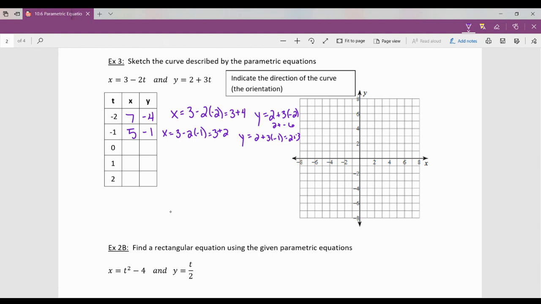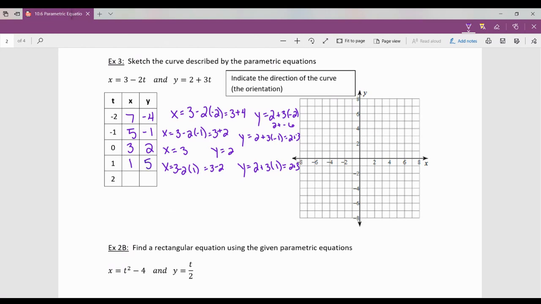Then we've got, when t is 0, x is 3, and y is 2. So 3, 2. All right. x equals 3 minus 2 times 1. So 3 minus 2. My x is 1. My y is 2 plus 3 times 1. So 2 plus 3,